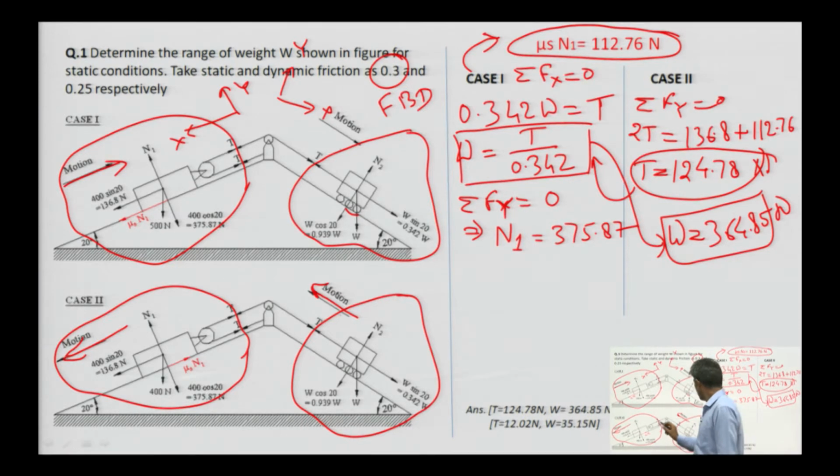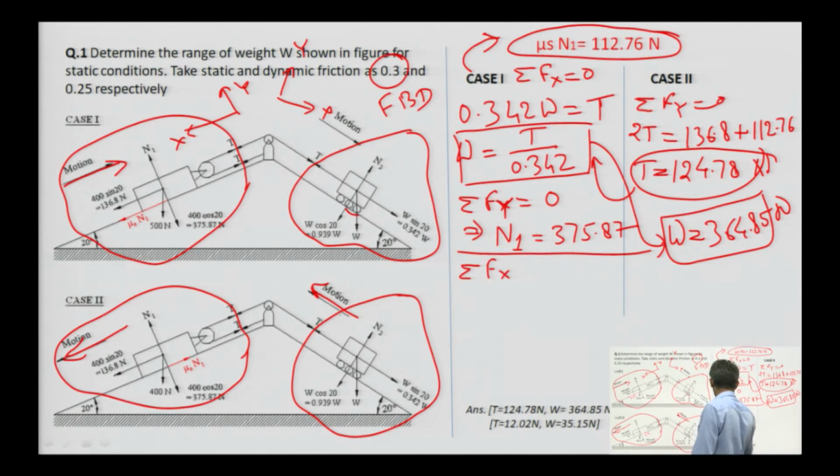The change will be in the value of T. Why will there be a change? Because the motion of this block is in the downward direction, that is why the friction force is applied opposite to this motion, that is why it is in the upward direction. Therefore, in case 2, if I write the equilibrium equation,